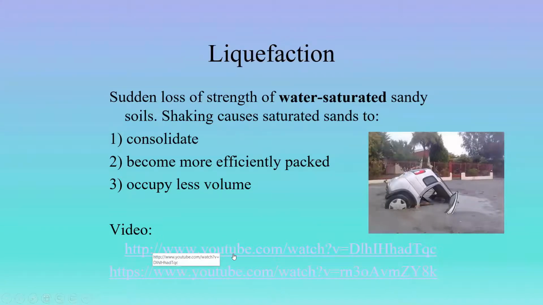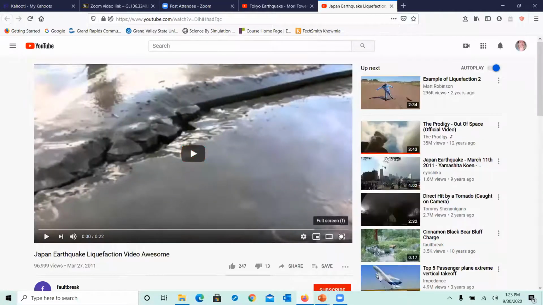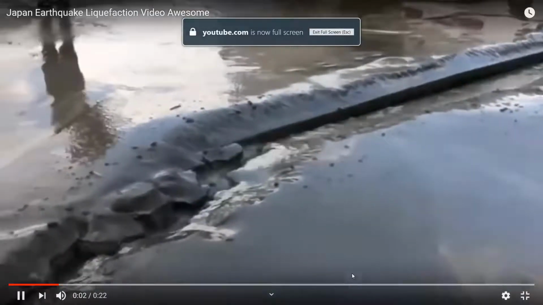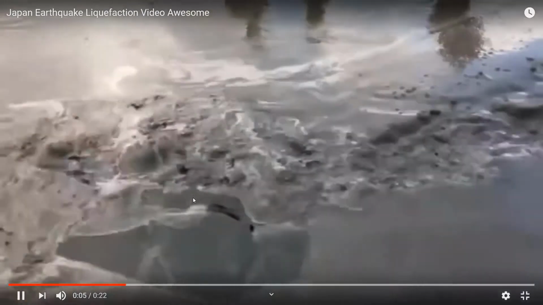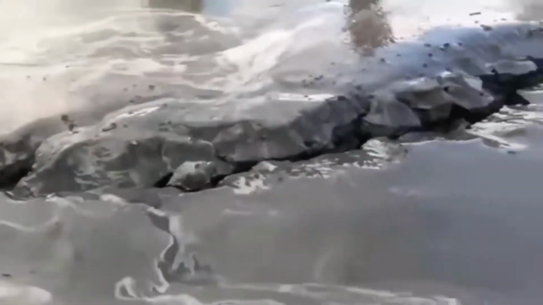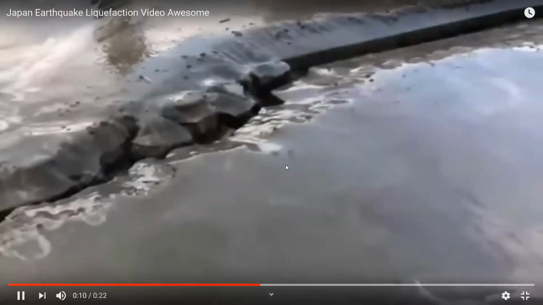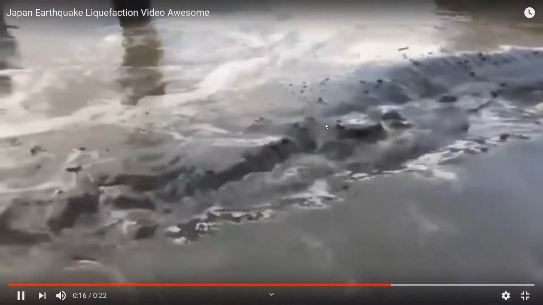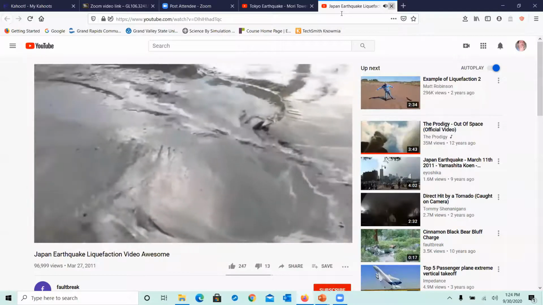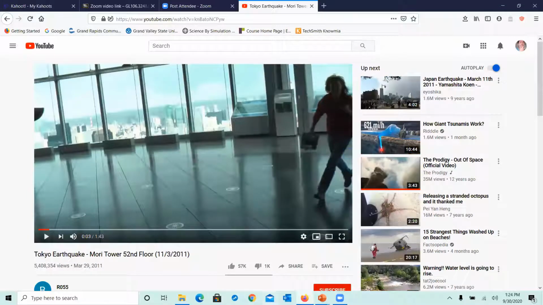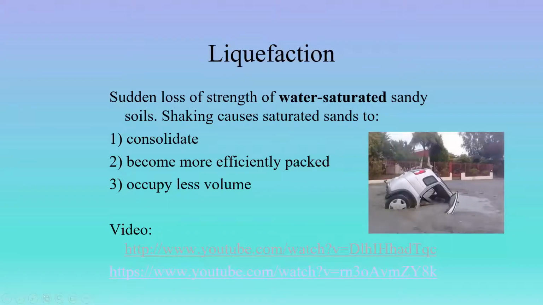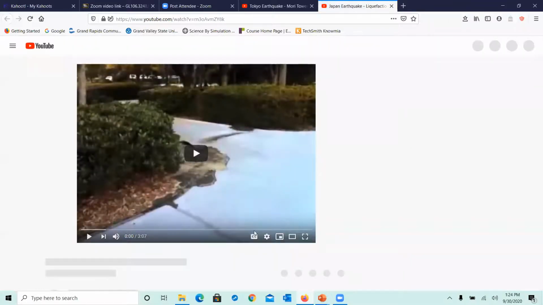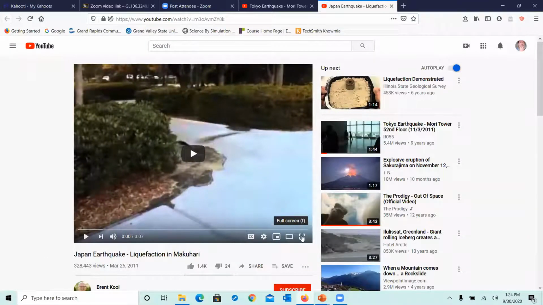So let's take a couple of videos here. Here's liquefaction again. This is the Japan earthquake that we've been seeing lots of pictures of, right? So this water is all being pushed up in the crack in the ground, but basically the whole area is being liquefied, right? I could not find any videos of cars liquefying into the ground, but let's see here. Here's a good one. This is again from Japan.